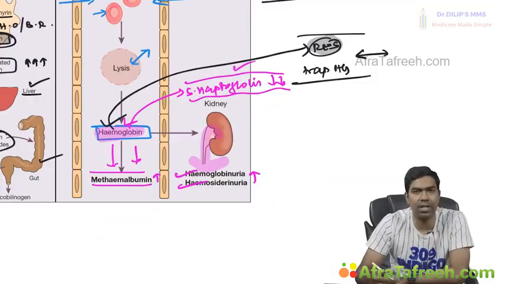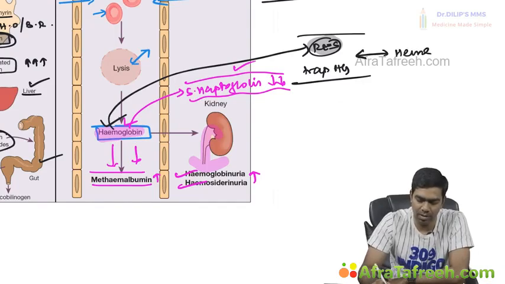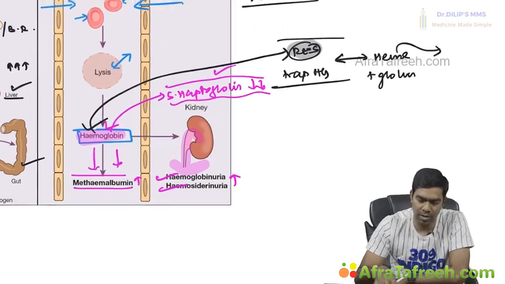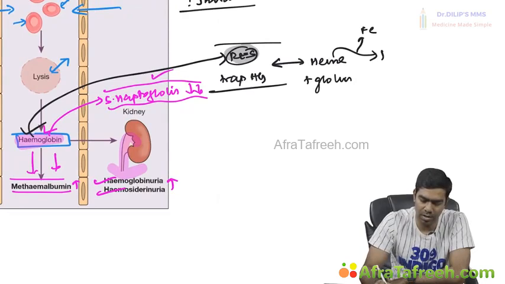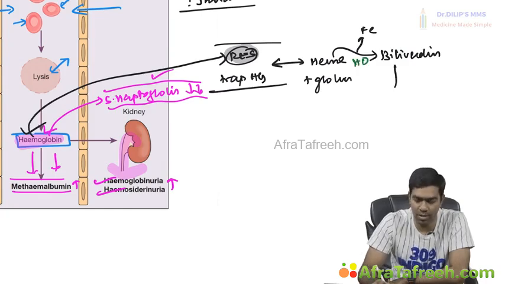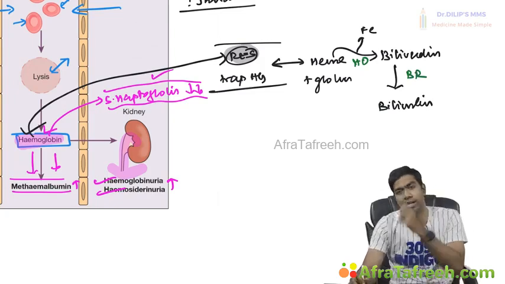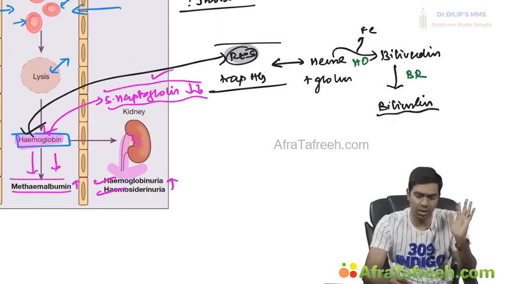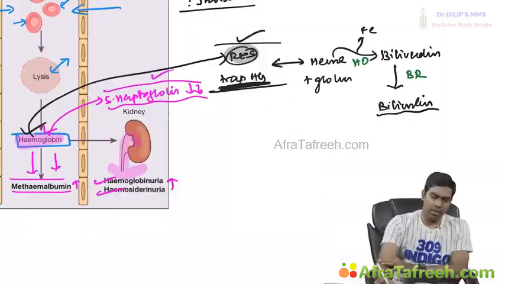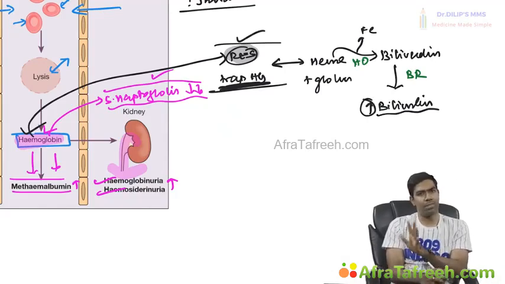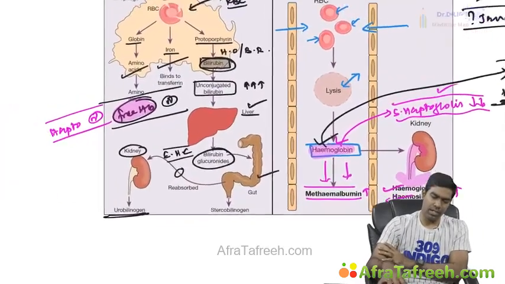Some of the free hemoglobin that is trapped may be converted to heme and globin. And this heme is again ripped apart into iron and biliverdin with the help of an enzyme called heme oxygenase. This biliverdin will be further converted to bilirubin by an enzyme called biliverdin reductase. So you can get a little bilirubin due to this hemoglobin trapping by the reticuloendothelial system, which is still absolutely possible. But the increase in bilirubin in intravascular hemolysis will be much lesser compared to the increase in bilirubin in